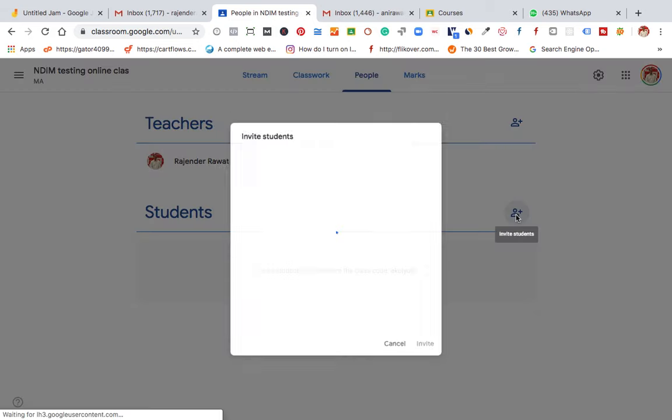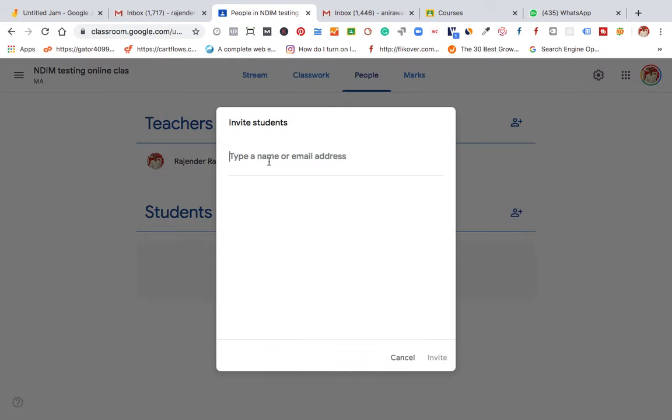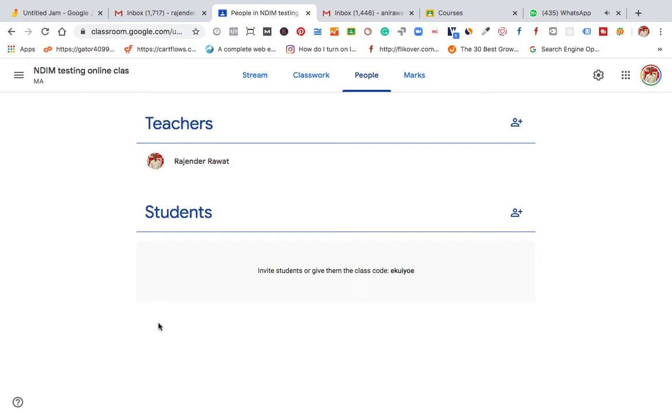If you want students to be added in here, you can add all the email IDs of the students. But this is not the process I want you to follow. Instead, I would like you to use the class ID first, and from the class ID, all the students who are part of this class, the students of the MA section, can access the class.